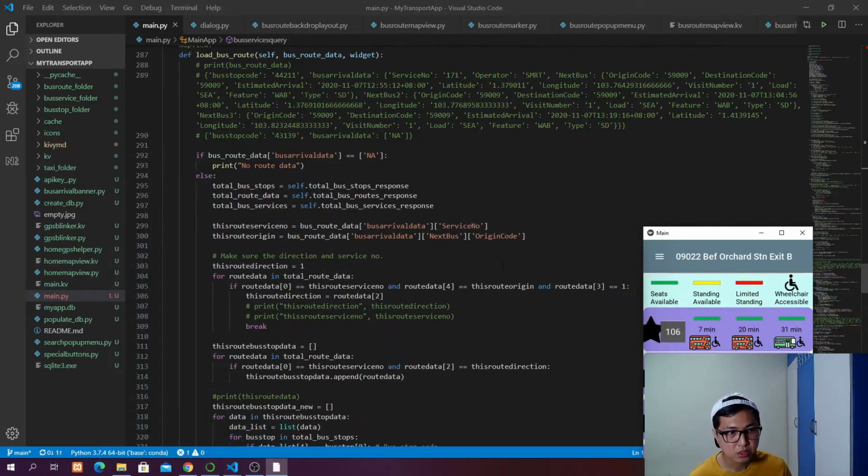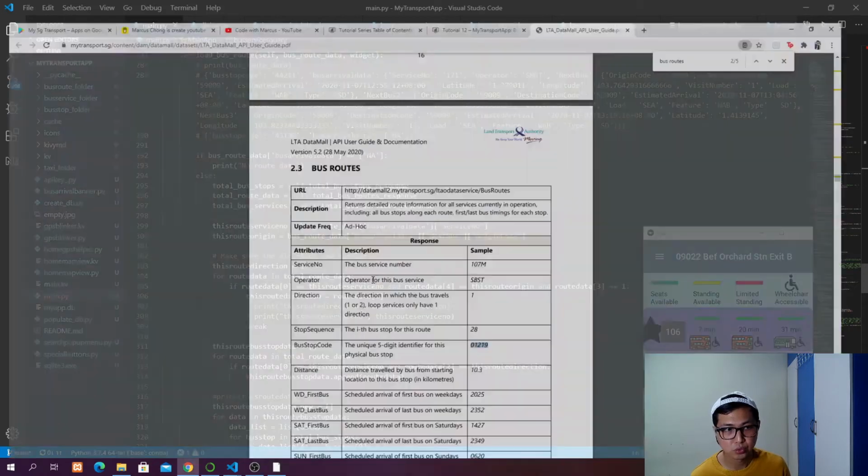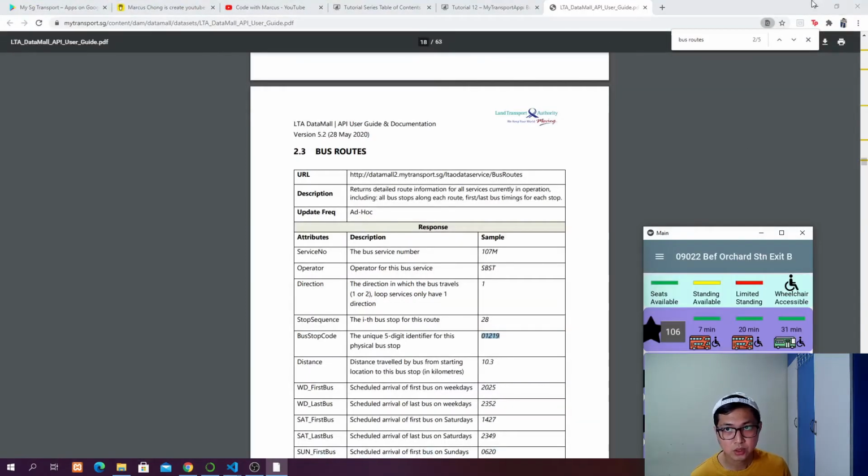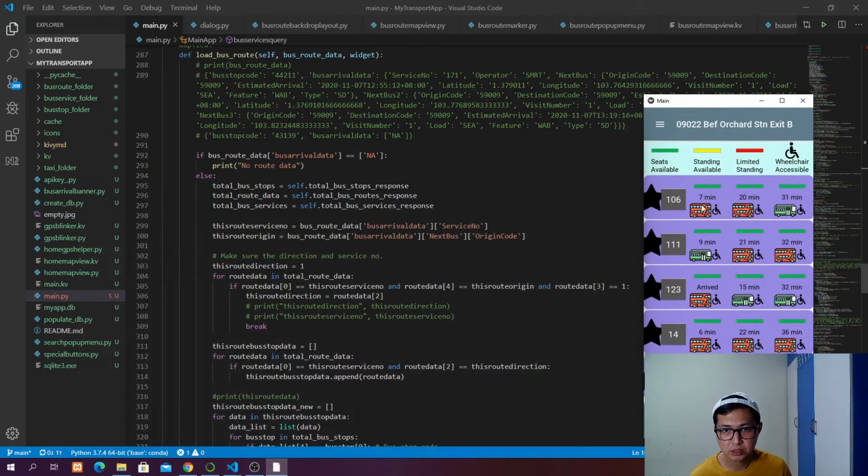So if that is the case, then we can confirm that this route direction is equal to route data 2. We check the service number, we check the origin, and then we check the stop sequence. These three things we want to check. If checking these three things, we can confirm that this route direction is equal to route data 2. 2 is referring to the direction. So after confirming whether this bus service 111 is going to direction 1 or 2, the next thing is